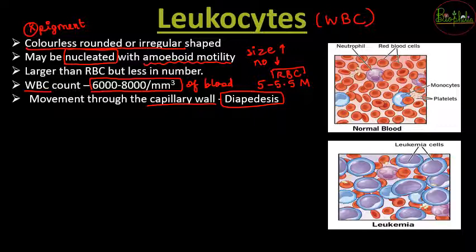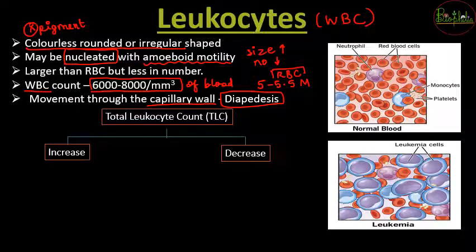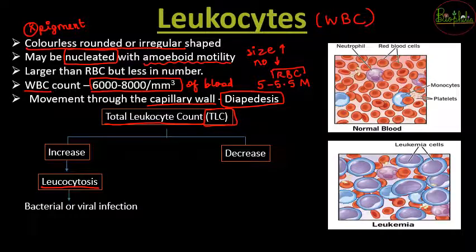So we are going to discuss leukocytes more with relation to the number or the count of WBCs. The number or the count is going to be called total leukocyte count or TLC. So if TLC increases, what is the condition called? It is called leukocytosis. So in leukocytosis there is going to be an increased number of